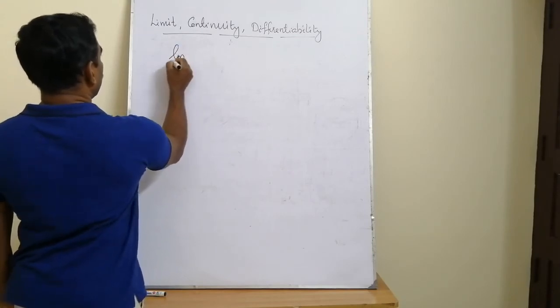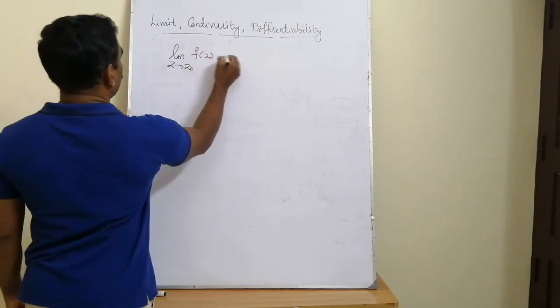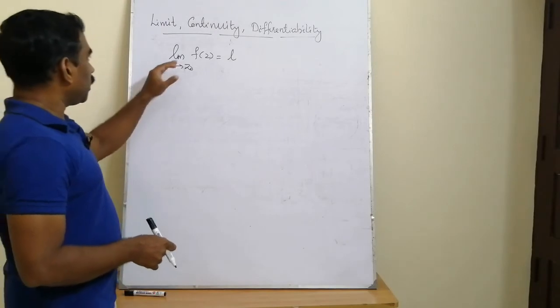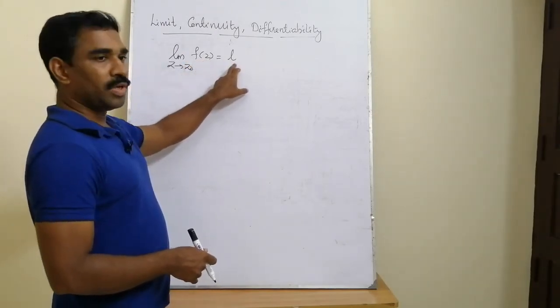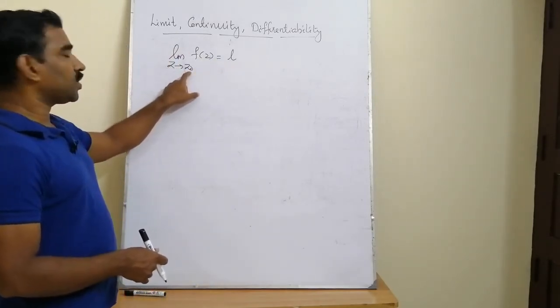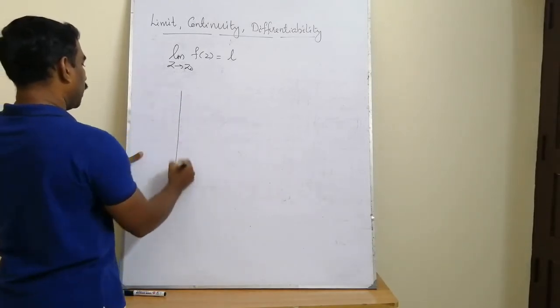We write in notation as limit z tends to z0 f is equal to L. Then what is the meaning of this statement? This simply means that the difference between the complex numbers f(z) and L is very small whenever the difference between z and z0 is also very small. Diagrammatic representation, we can